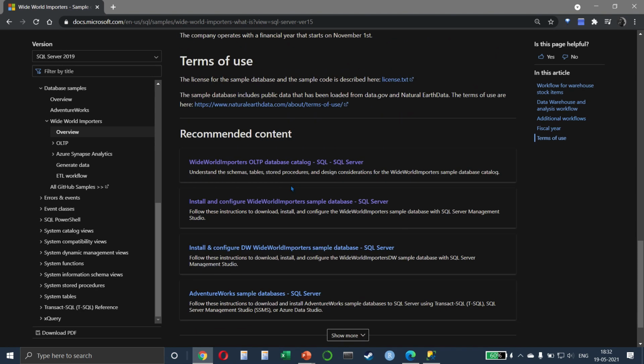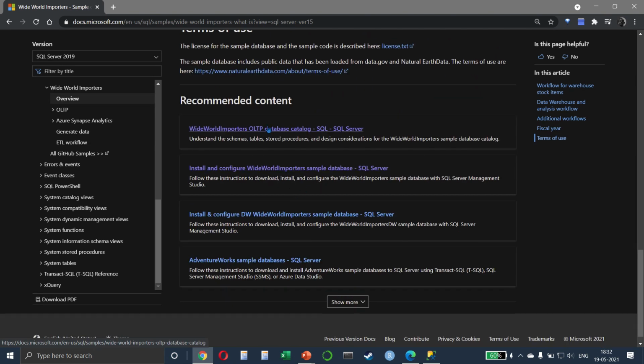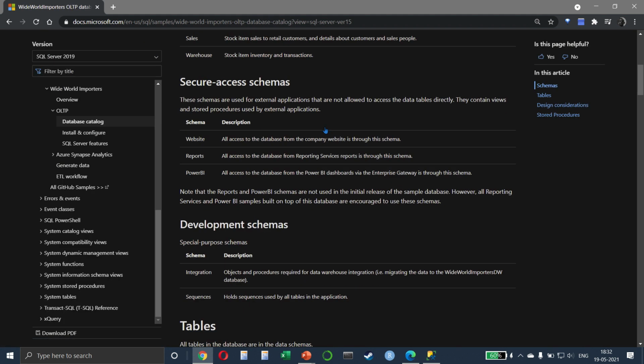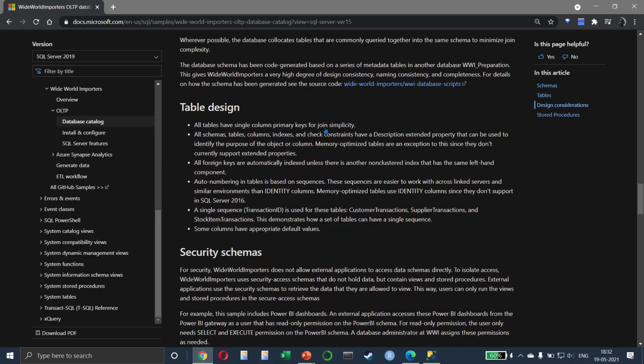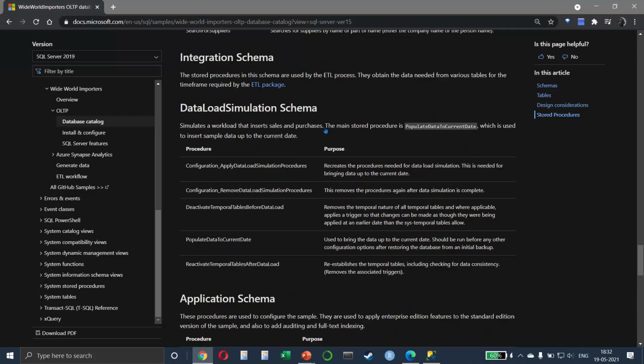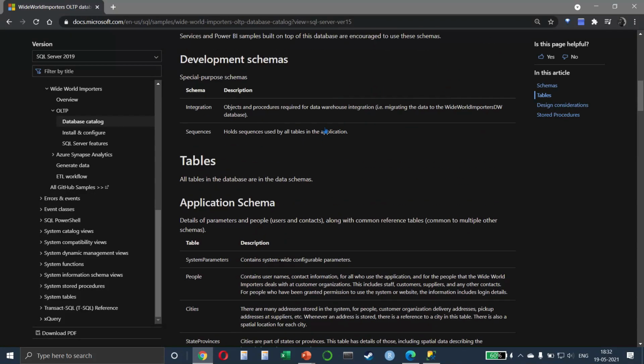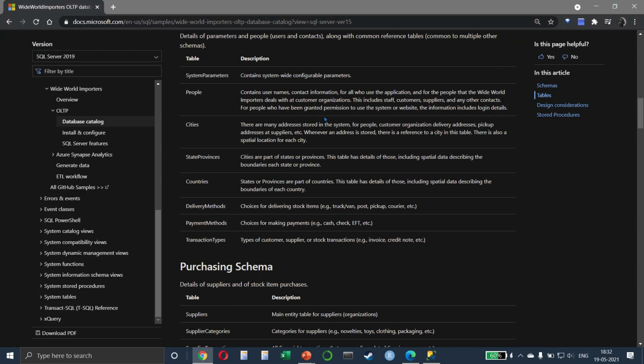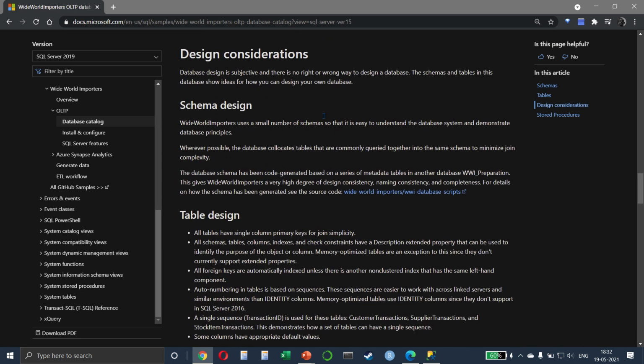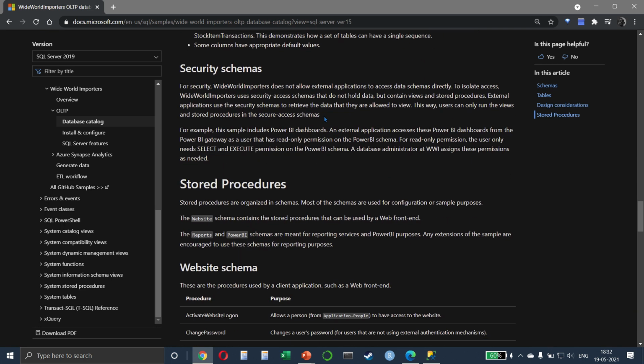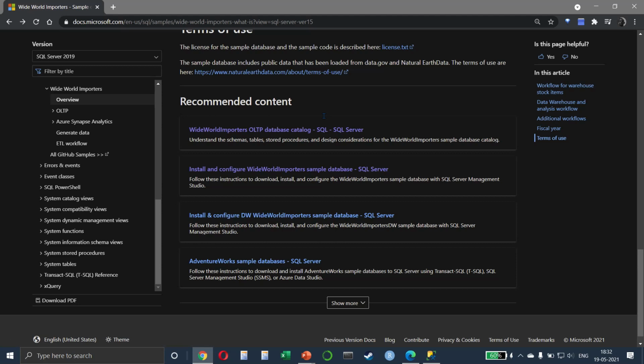If you scroll down, we have the Wide World Importers OLTP database catalog. Click on that. And as you can see, this gives you a complete list of all the tables that are there in the data. Very helpful for you to get a sense of what the data is. Let me go back. And if we click on the second link,